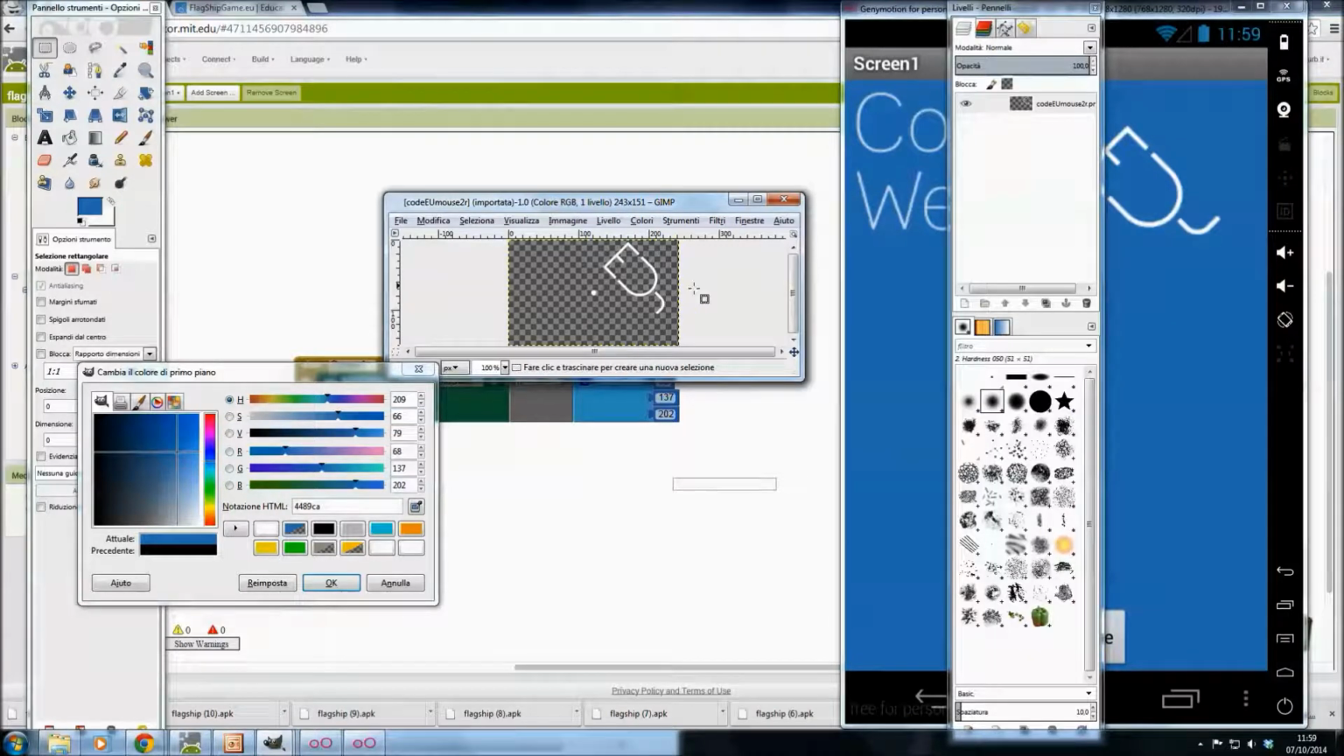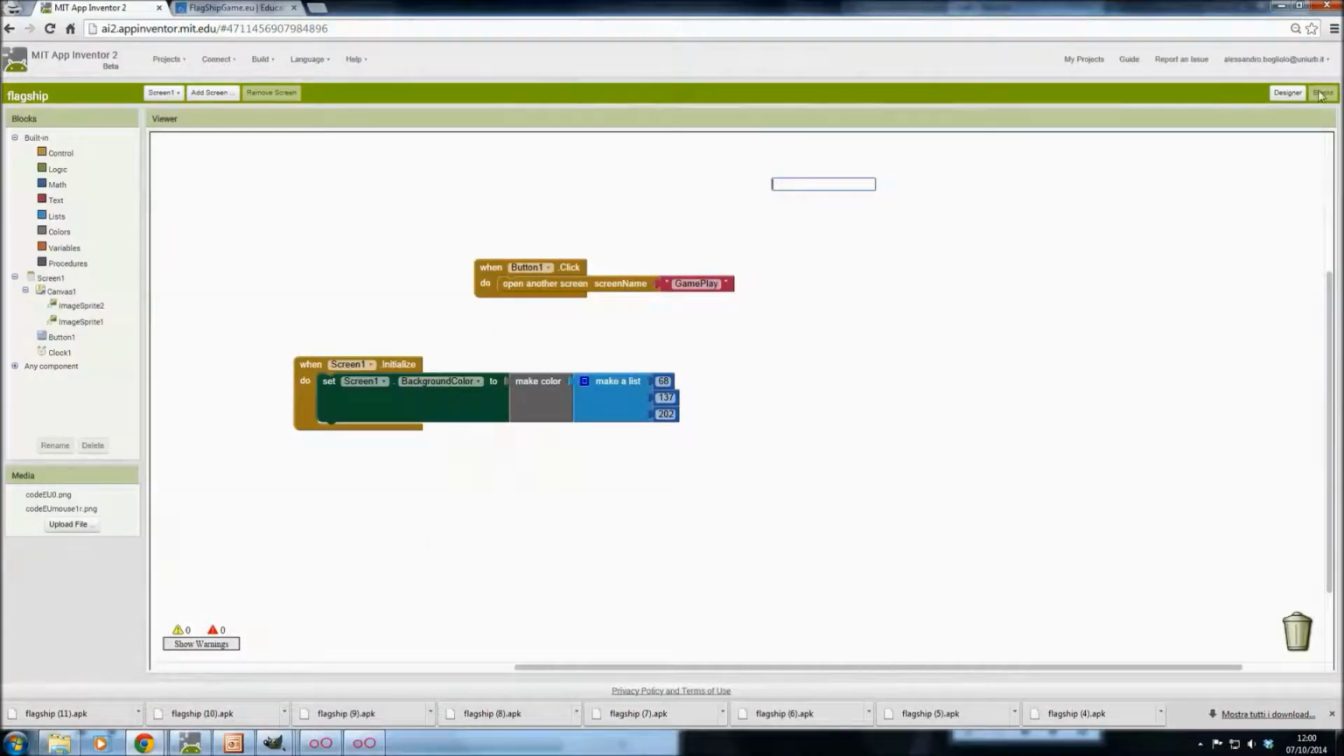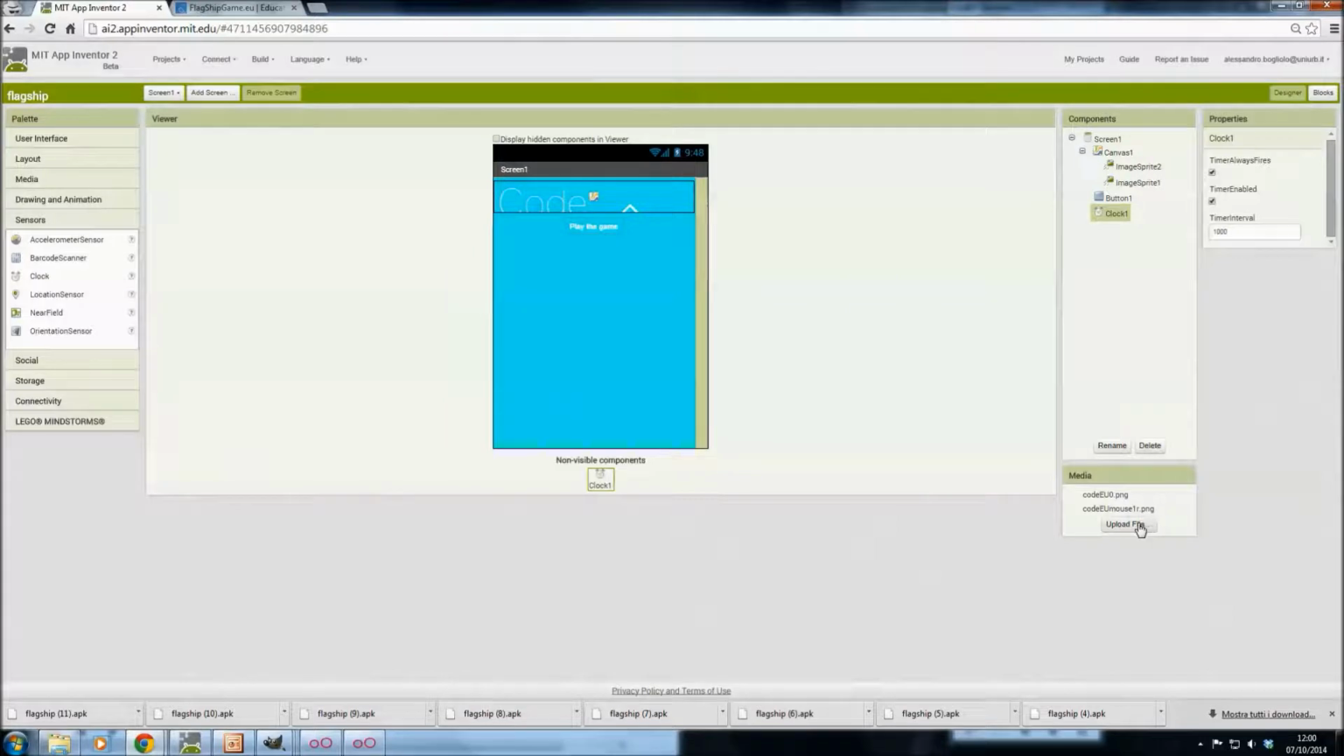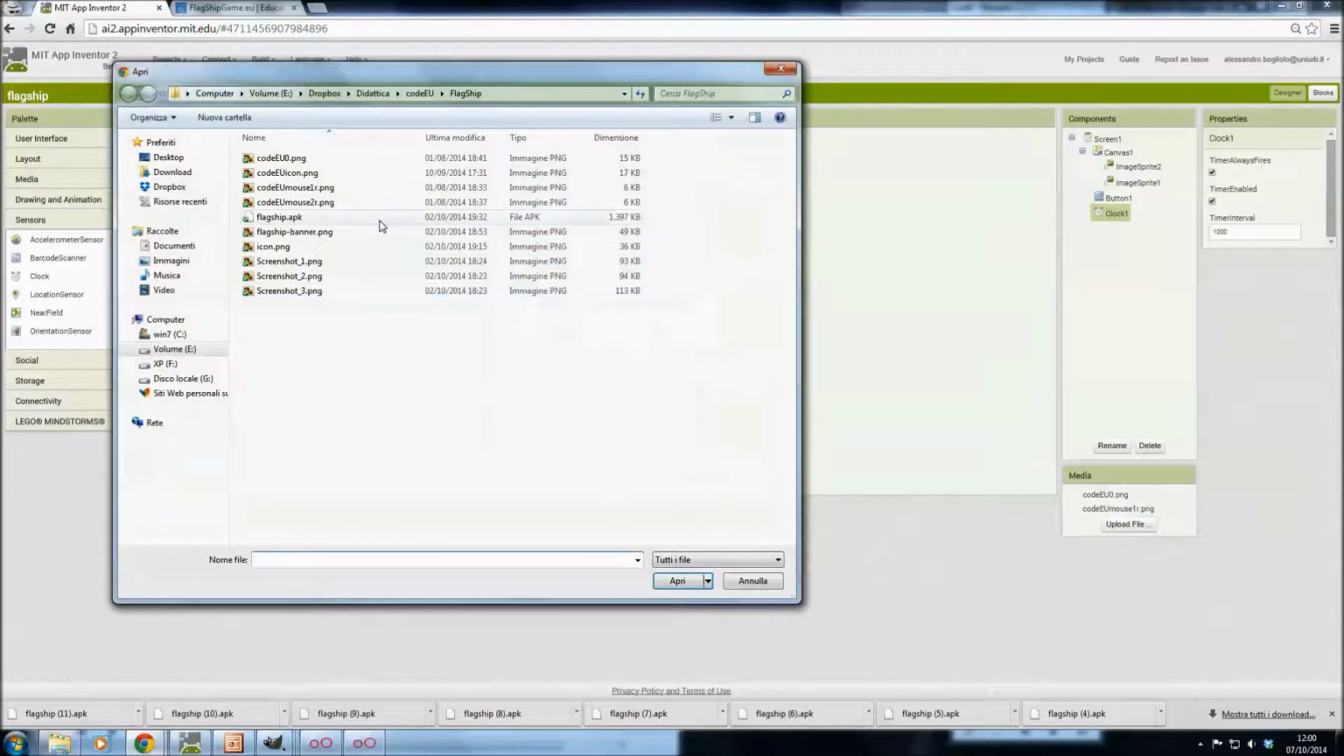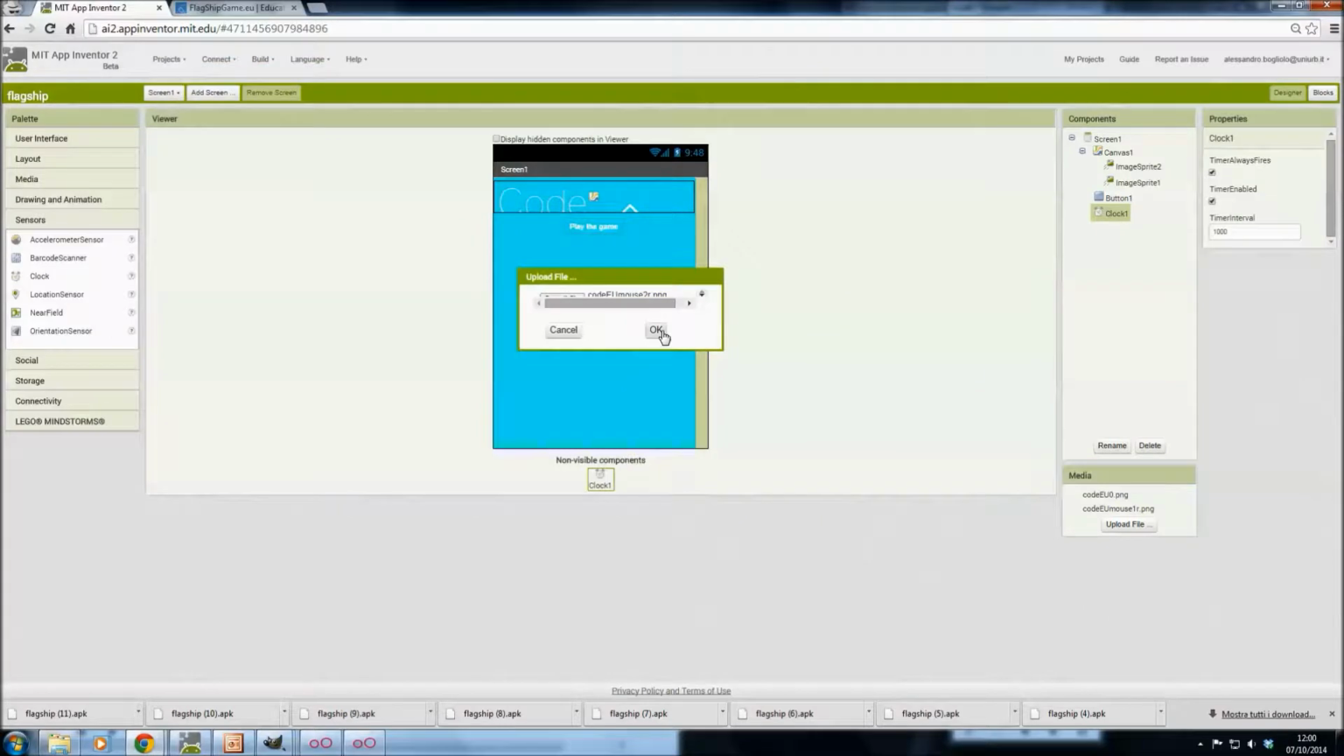The other image is this one. As you can see, the tail appears on the other side, and we can use it as an alternative to the image already loaded for the sprite. This is called CodeWeek mouse 2R, and I can upload it into AppInventor in order to be ready to switch to this image when I want to achieve this effect. So going back to the designer, I upload this other image, the second version of the mouse,